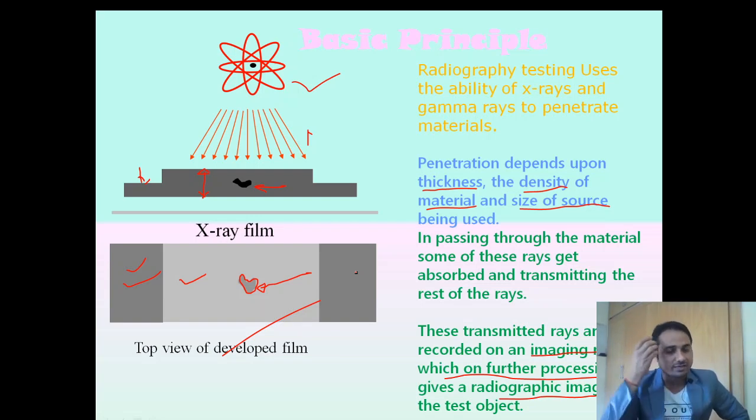Now X-ray actually gives a high quality film, but it cannot be used in the field. It's only used for medical purposes, because if you have ever visited a hospital, you will see the heavy arrangement of the X-ray machine. So we cannot take that machine to the site. However, the image quality of X-ray is very good, but it is used only in the medical field. In the field of industry, we are using gamma rays because of their portability, easy to take to the field and easy to go to difficult locations where we need to perform radiography testing.